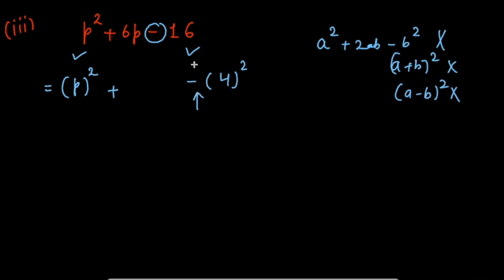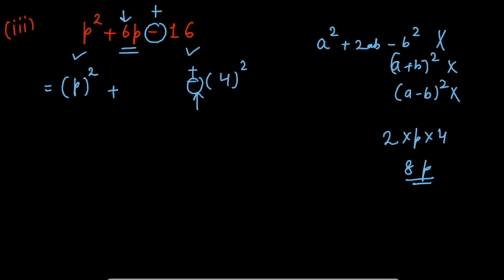Even if suppose in the case it is a plus sign, right? Suppose it is given plus here. Even then you need 8p here because it has to be 2 into p into 4, which gives you 8p, not 6p. So you will have quadratic equations where the expressions will not be able to fall in any of the algebraic identities. So we will make use of middle term splitting.